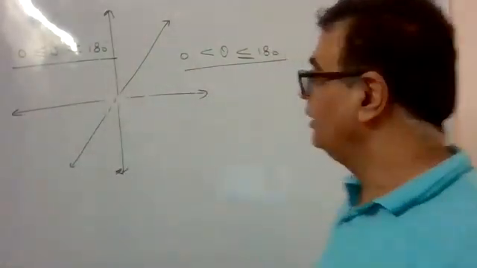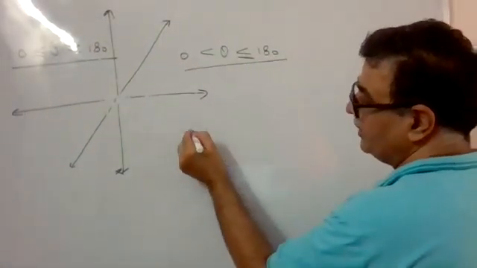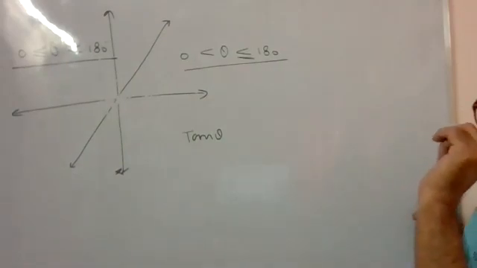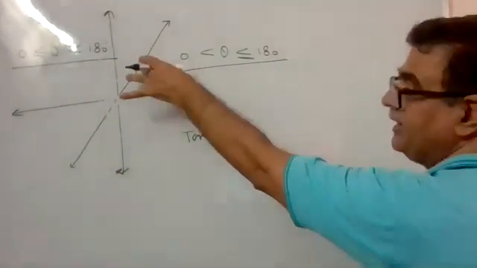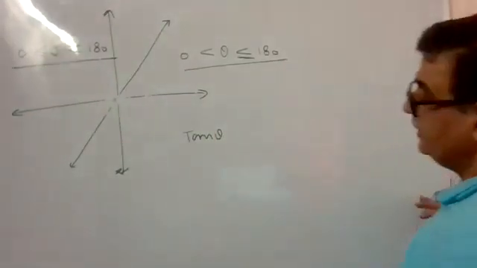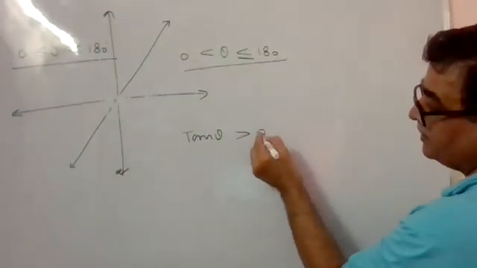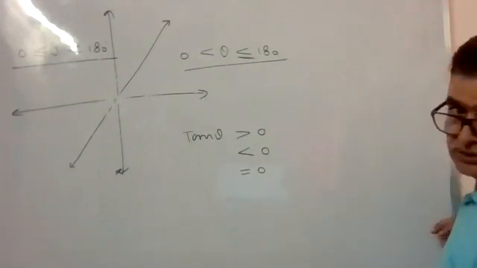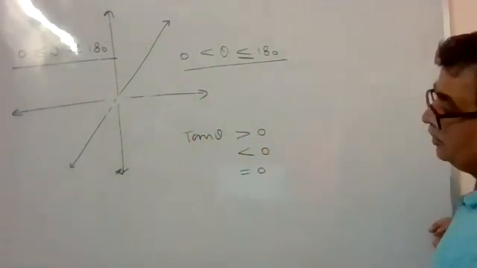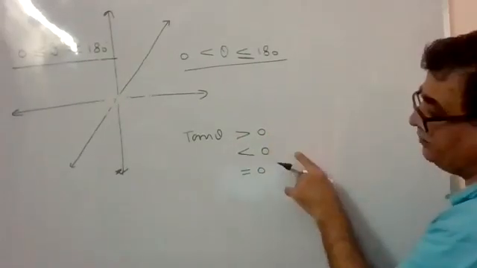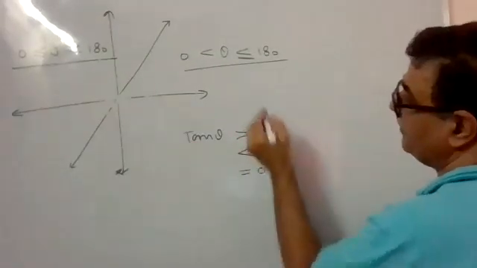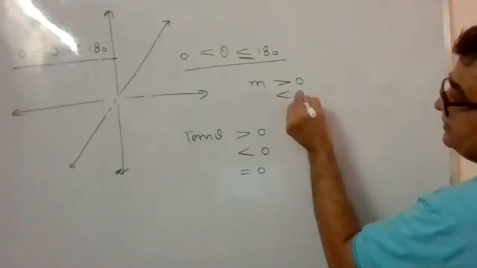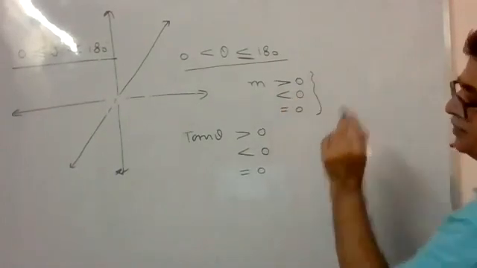तो थीटा ऑलवेज कम्स आउट टू बी बिटवीन 0 एंड 180। और अगर ये हुआ तो आपका tan थीटा कौन कौन से क्वाड्रेंट में चलेगा भाई? फर्स्ट और सेकंड क्वाड्रेंट में चलेगा। और tan थीटा अगर फर्स्ट और सेकंड क्वाड्रेंट में चलता है, इसका मतलब tan थीटा बताया था यहाँ प्लस होता है, यहाँ ये माइनस होता है। इसका मतलब tan थीटा पॉजिटिव भी हो सकता है, tan थीटा नेगेटिव भी हो सकता है, और tan थीटा 0 भी हो सकता है। tan 0 is 0 only. तो tan theta can be positive, tan theta can be negative, tan theta can be 0. इसका मतलब हमें बिल्कुल क्लियर होना चाहिए, स्लोप हमारा ग्रेटर देन 0 भी हो सकता है, स्लोप हमारा लेस देन 0 भी हो सकता है, और इट कैन बी इक्वल टू 0 भी हो सकता है।